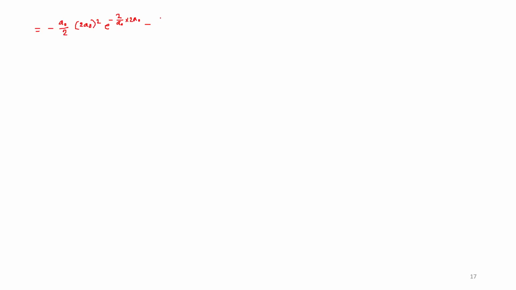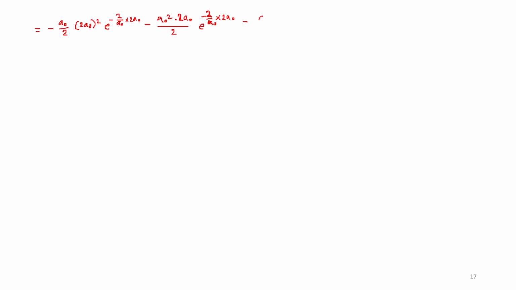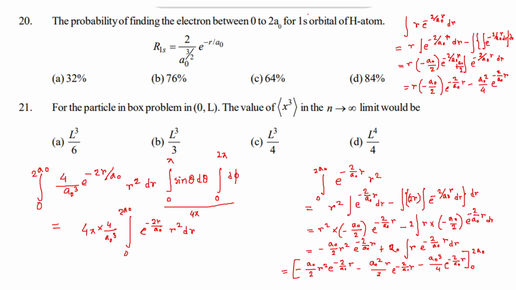Okay, then minus A0 square by 2, into R. R is 2A0 divided by 2, e to the power minus 2 by A0 into 2A0, minus A0 cube by 4 e to the power minus 2 by A0 into 2A0. Okay,